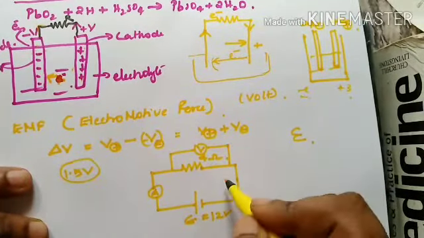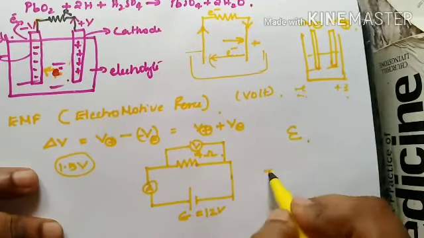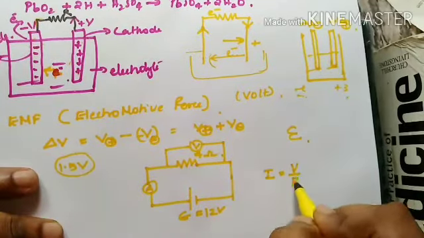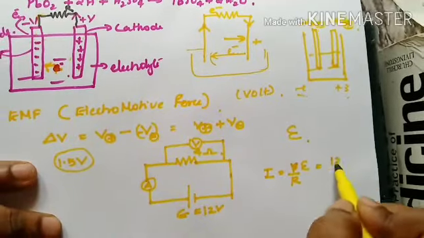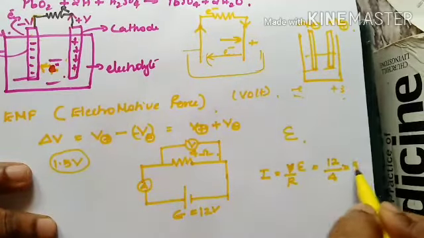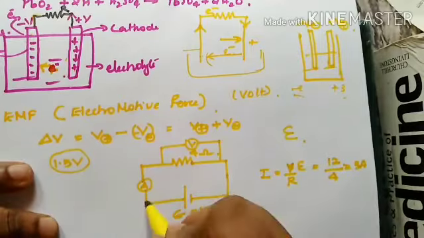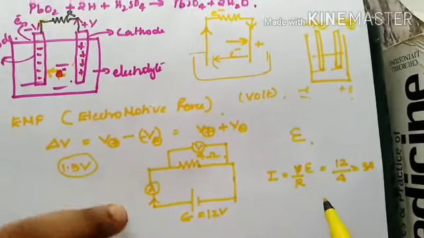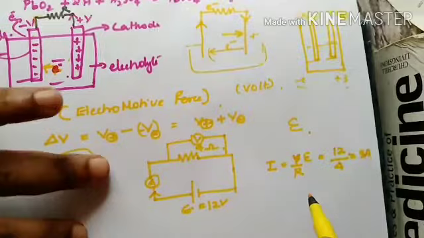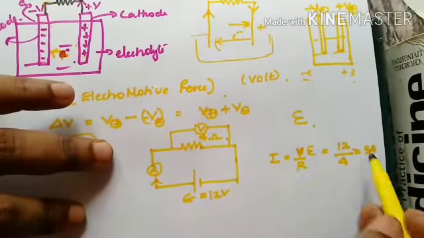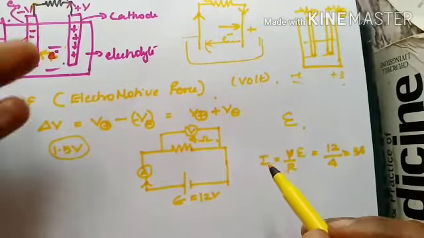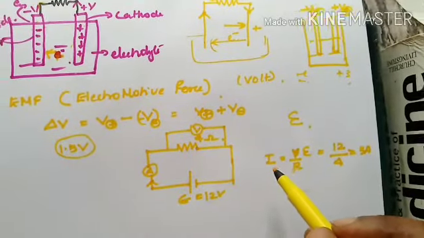So how much will be the current flowing in the circuit? I is equal to V by R, or I will say here E by R. How much is the EMF here? 12, so 3 ampere is the current which has to flow and should be shown in the ammeter. Clear? But what actually happened? This is what I am expecting, that this much current has to flow through the circuit. This is what you are supposed to find as per Ohm's law.